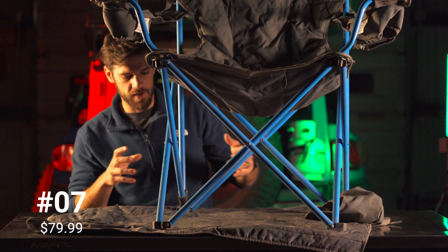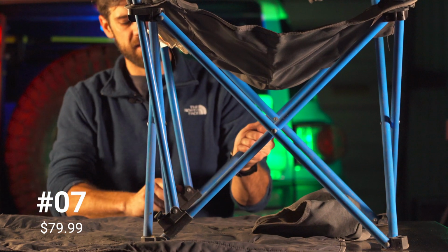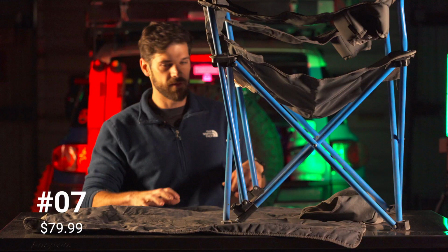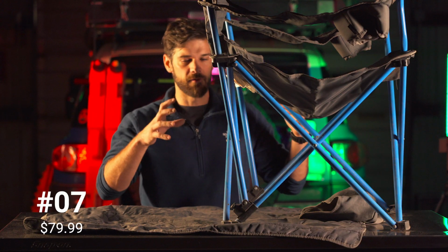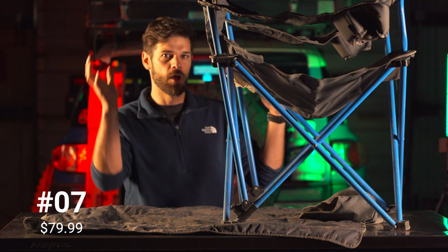The chair itself is very durable, and it has locking legs back here with these pins, so you can slide these up or down and it'll make the chair recline, and you have 3 different settings for that. These chairs don't fully recline and lay back, but they recline enough to where you can adjust it for whatever you're looking for at the time. If you're looking at the night sky, these have a perfect angle for that,